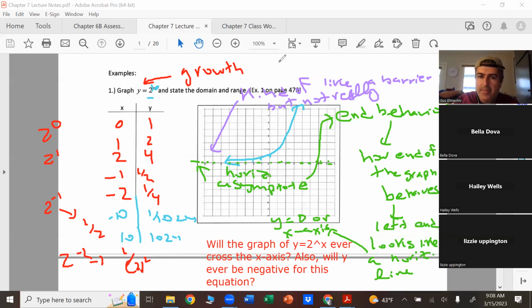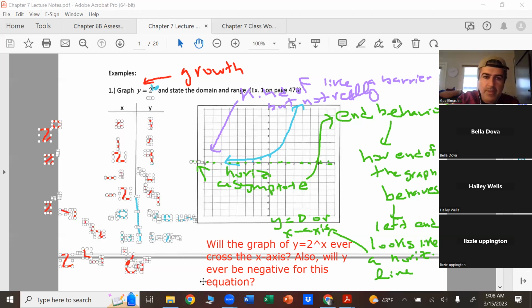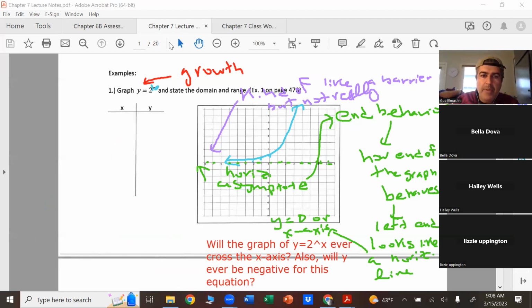So I know there's a lot of stuff going on here. Let me actually delete that. Domain, range. Let's get that out of the way. Let's do that in red, and then we'll move on to number 2. Domain goes from negative infinity to infinity. Sorry, domain. Because there's no reason why there'd be a restriction for x. You can plug whatever you want for x, right? Range, however,